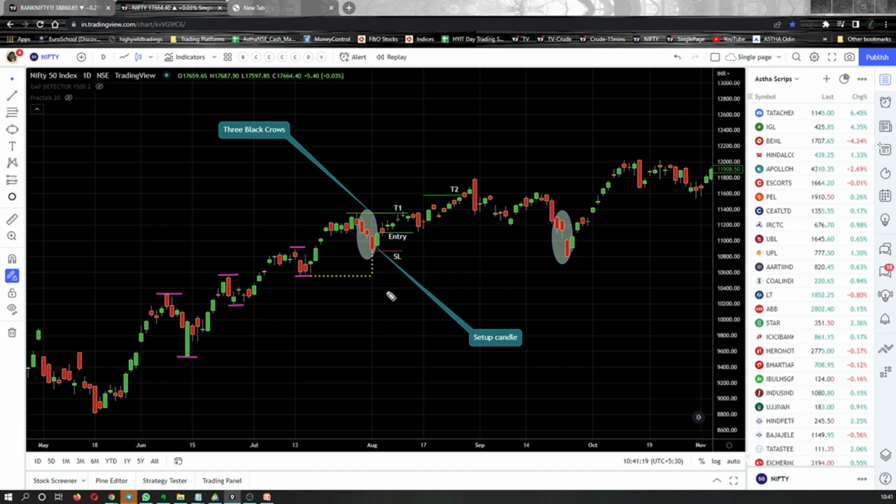Okay, now one more thing that you need to take care of in this strategy is that when this third red candle is formed, it should not collide with the previous higher low. So this is the higher low, right? This is the higher low, and the dotted line that you see here, I have drawn so that it can be clear on the chart that the previous higher low's price is not the same as the third candle's low's price.